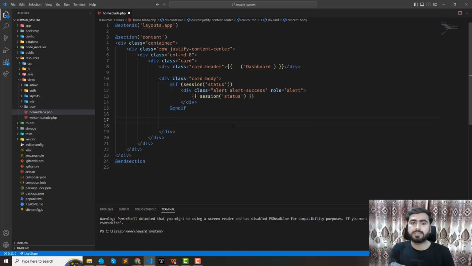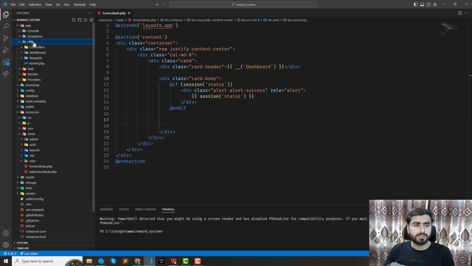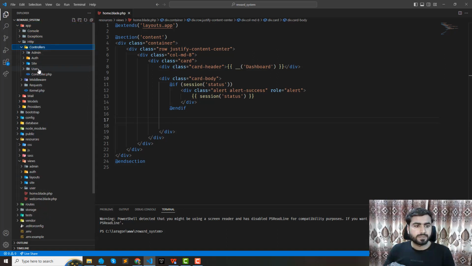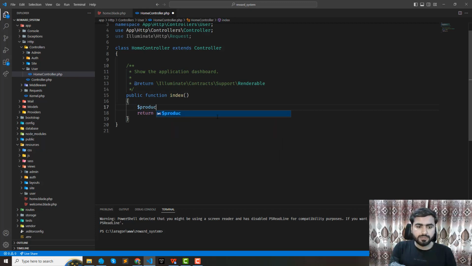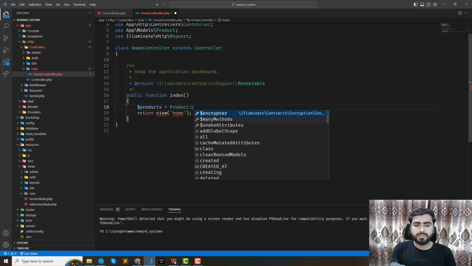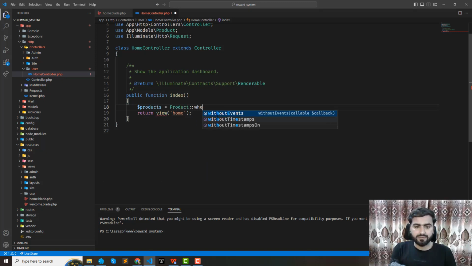So before this table we need to visit the user controller, right? User home controller, and here we are returning this home, right? So first, to display the purchased products of the user, pass it from here, right? Okay, so I'm going to name this products equal to product, right? And now I want to apply a where condition, where